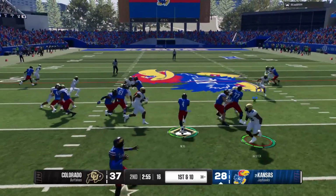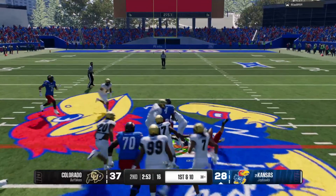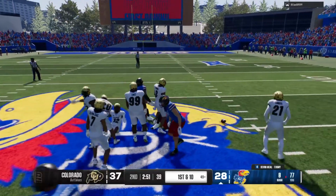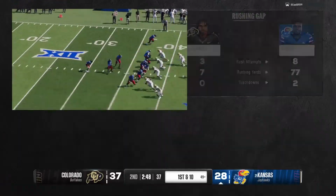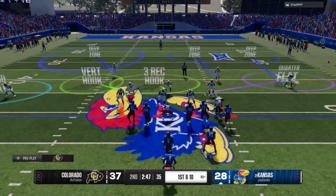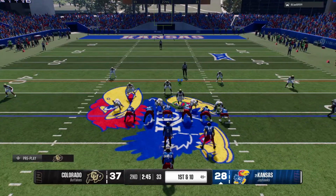They couldn't get it done, and now the offense is coming off the field. What a good run there. He has enough for the first down. I love when players understand situations and they understand where the first down marker is and where I